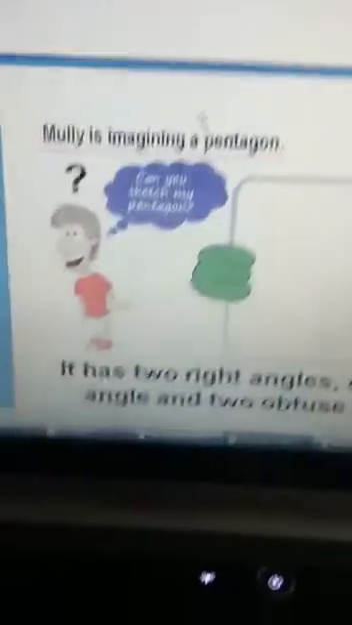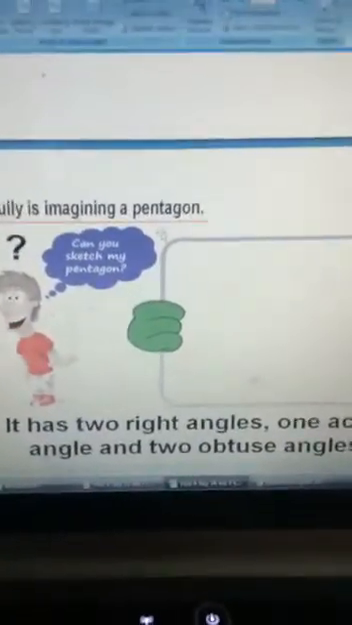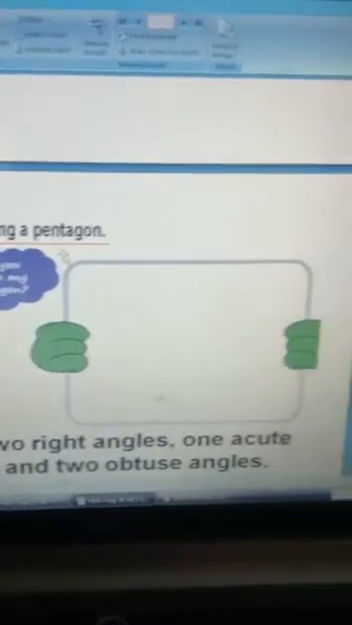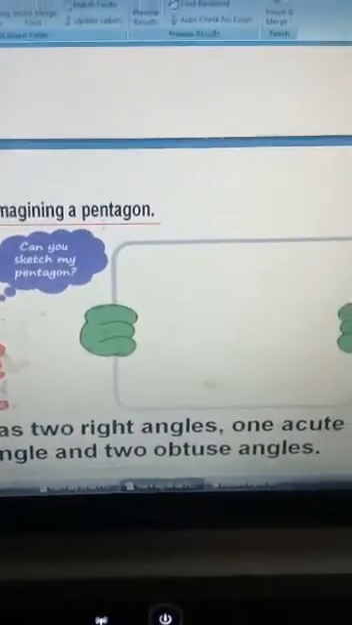Then with this one, I want you to imagine a pentagon that has to have 2 right angles, 1 acute angle and 2 obtuse angles. Can you picture it in your mind? And then you can draw it inside the box. Okay, and then